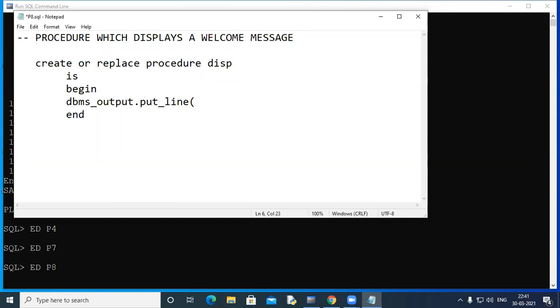I'm taking a simple example. Welcome to PLSQL. And this end, you can follow it like this. This was the meaning of that syntax. And this procedure is not having any arguments. You can simply write this like this.